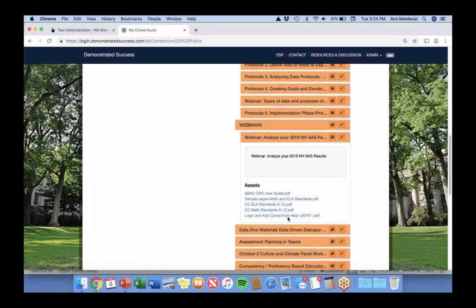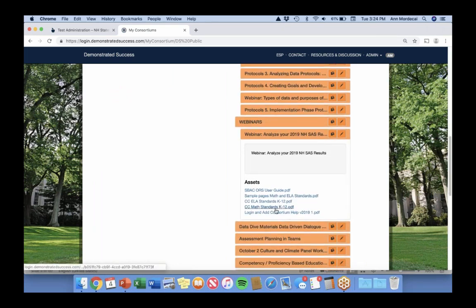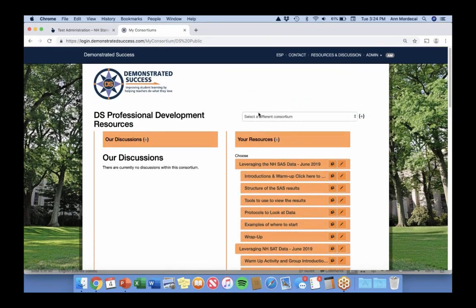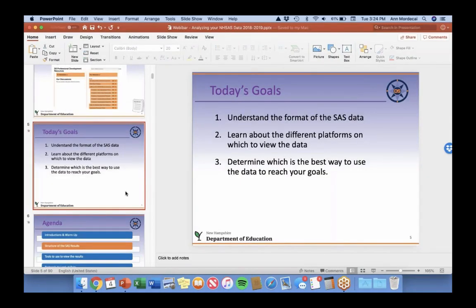If you click on that, these are the documents that are out there right now. They are also on the control panel, but there are some extras out here like these two. This is the standards for math and the standards for ELA. They're not on the handouts. Okay. Back to the PowerPoint. And we can walk you through that again when you're ready for some more. But right now, for the webinar, you really only need to use the documents that are attached to the webinar.